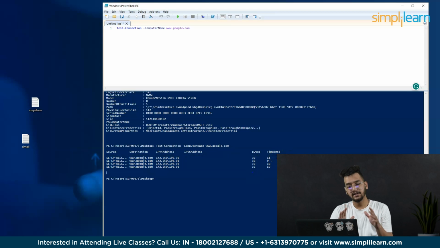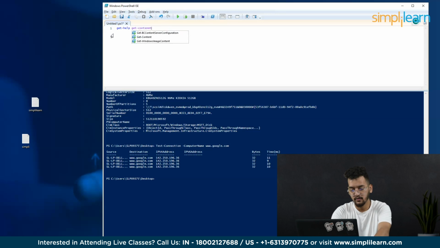The test connection command sends Internet Control Message Protocol ICMP echo request packets, or pings, to one or more remote computers and returns the echo response packets. So you can use this command to determine whether a particular computer can be contacted across an IP network or not. Okay, so moving forward to our last command, which is get help